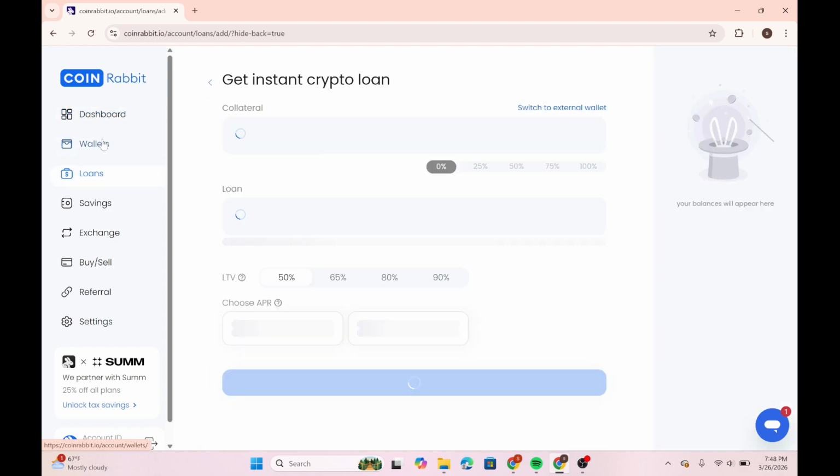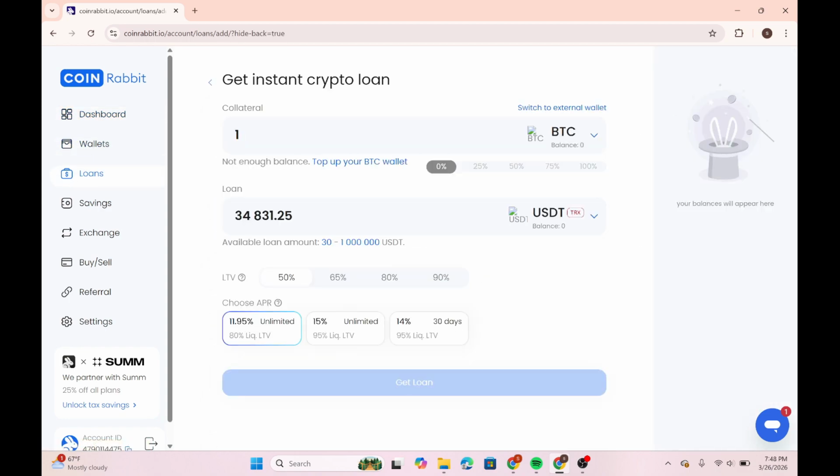Click onto this Loan, and under this Loan you can pick the collateral over here, and you can also use the stablecoin. Select this here in the right hand side and select USDT. You can also search for it over here and select the stablecoins, and you can enter the amount you want to receive in the stablecoins over here as well on the bottom, and select this LTV over here,